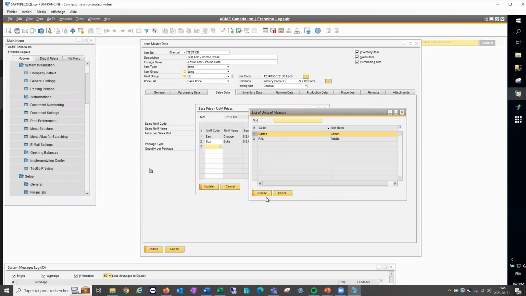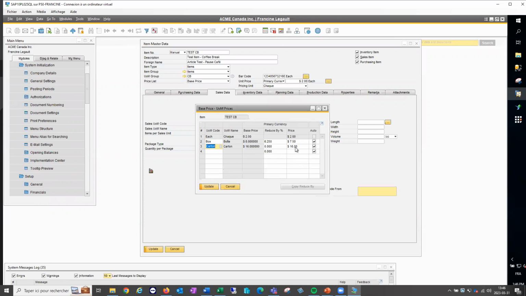If they're buying a carton, instead of $16, let's say it's going to be 14. And if they buy a full pallet, instead of 432, I'm going to give them a 20% discount. And here you have your price list created for each unit of measure for the same product.